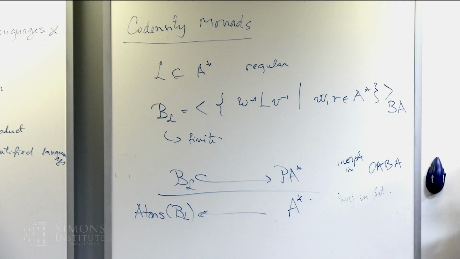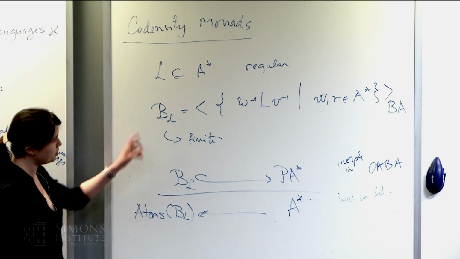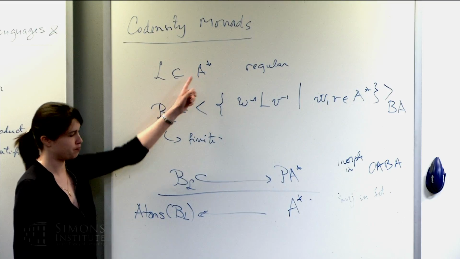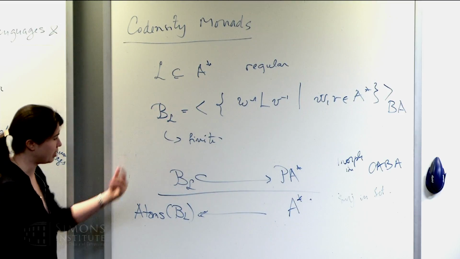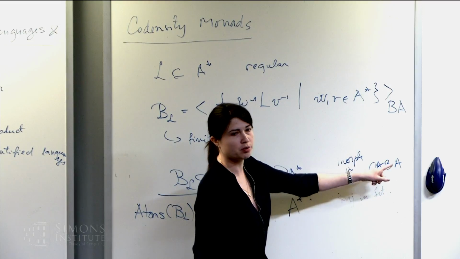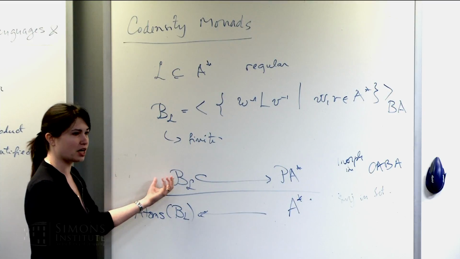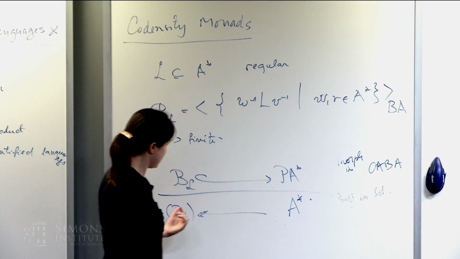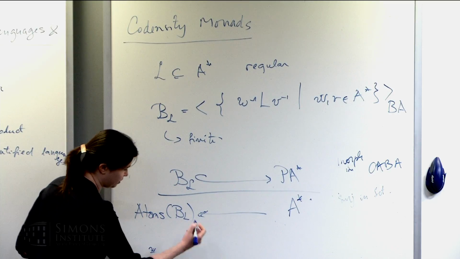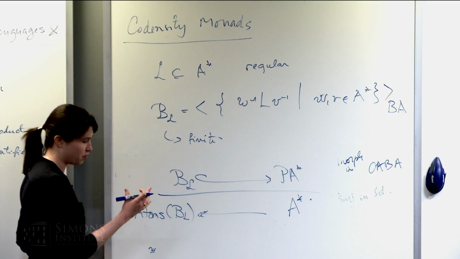But moreover, observe that on this Boolean algebra of languages, I have an action of the monoid of words, because they are quotients. So I can quotient to the left and to the right. And this morphism here is not just a morphism in complete atomic Boolean algebras, but furthermore, it is a morphism that preserves this action of A star on the Boolean algebras. And moreover, for each word, if I look at the left action of this word on the Boolean algebra, this is in fact a Boolean algebra morphism.